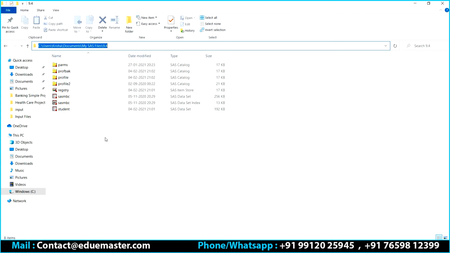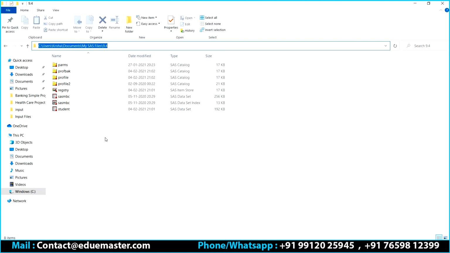Right? But instead of storing that in a SAS user, let's say I store that data set in my location, you store your data set in your own location. I don't have access to enter into your location because my administrator set up a thing like that. That is not a common location. That is your own personal location. You can log in with your user ID and your password. I can log into my location with my user ID and my password. So my data is protected.